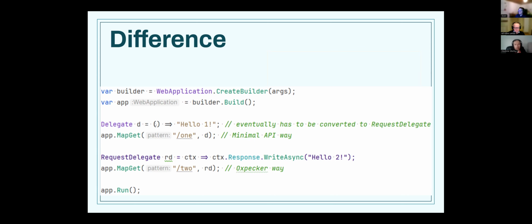And this allows us, for example, to generate OpenAPI spec without describing anything, because runtime can see through the reflection the type of this delegate. And the second option is the request delegate, which has fixed parameters and response types. The request delegate takes HTTP context as an argument and returns the task. And both types can be used with your APIs,